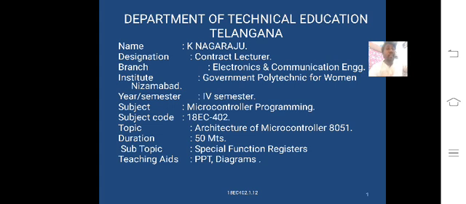the general purpose registers, the special purpose registers, and the special purpose registers related to the microcontroller. After that, the special function registers. Today we are going to explain what special function registers are there in the 8051 microcontroller, the functions of each